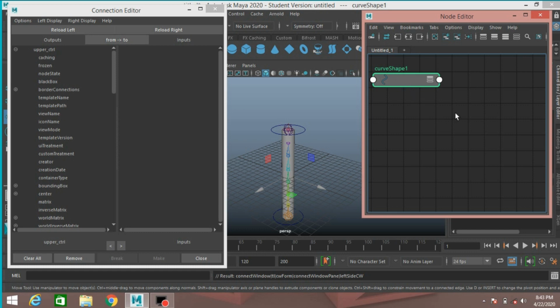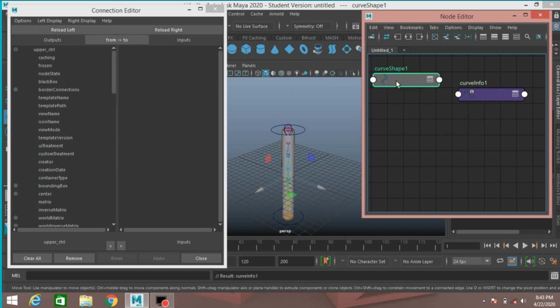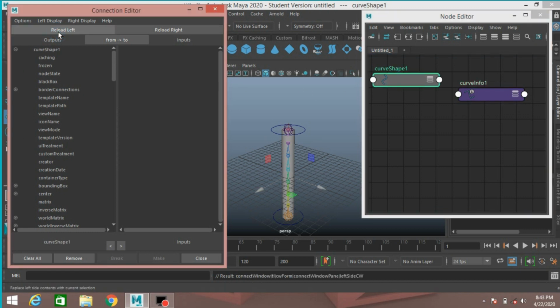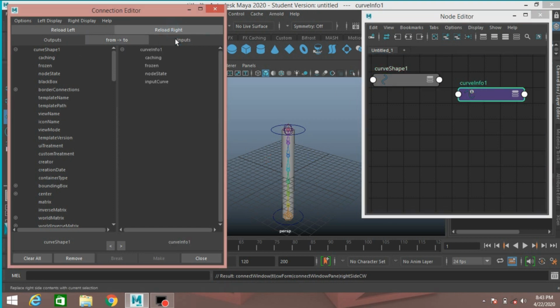Now press tab key on your keyboard, type curve info and select this. Now first select the curve shape, click reload left and select the curve info, reload right